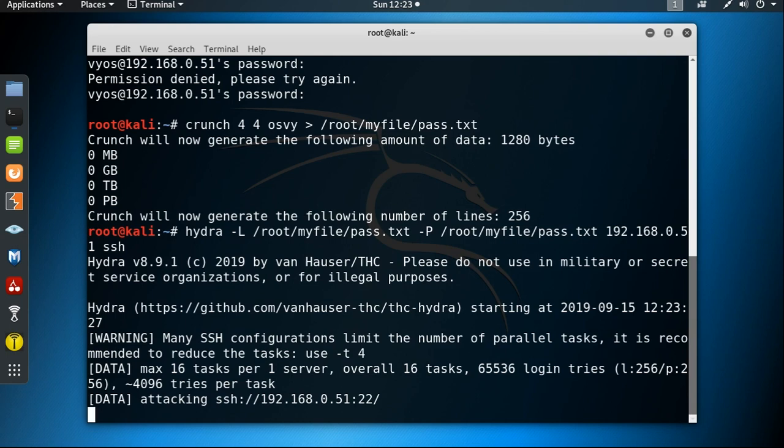Attacking SSH. So it basically tries all possible user IDs and passwords which are stored inside the dictionary pass.txt.